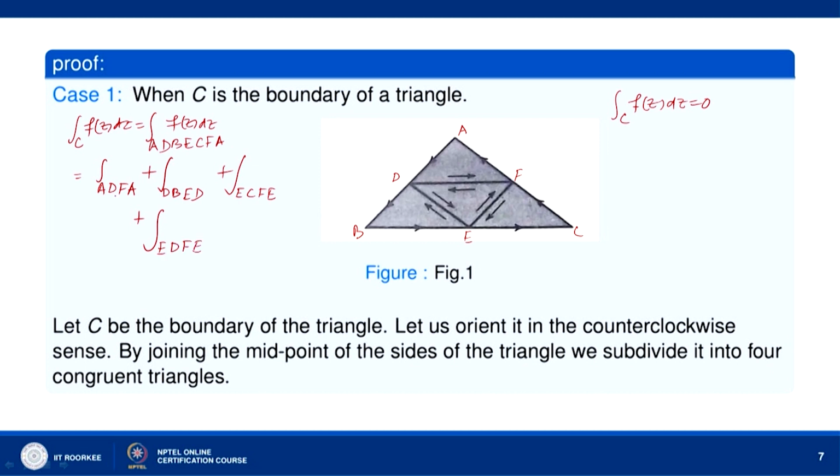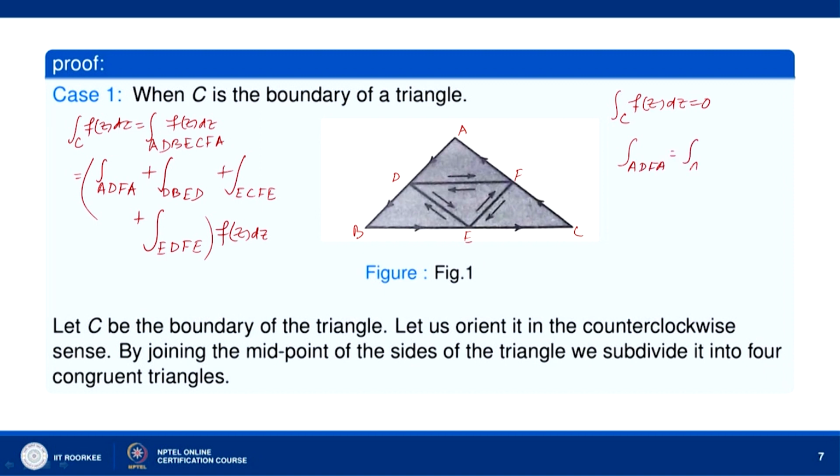Okay. So, there are 4 triangles: A D F A, then D B E D, then E D F E, then E C F E. Now, I say that the integral over C of f(z) dz, which is A D B E C F A, is equal to this. Why? Because when we find the integral over A D F A,